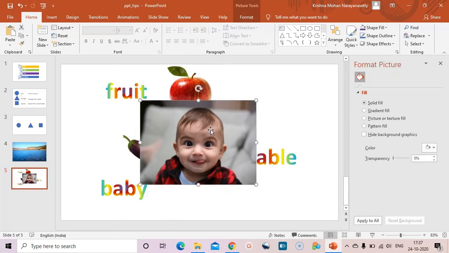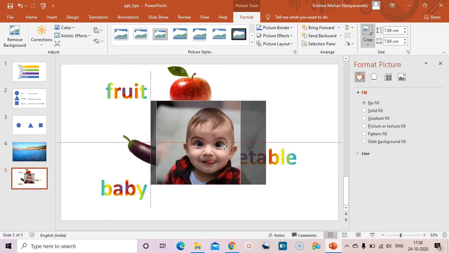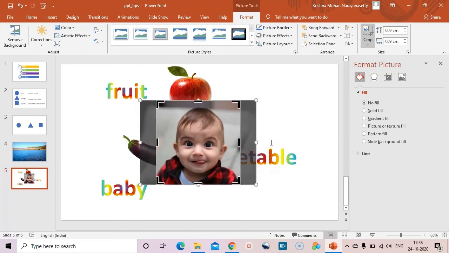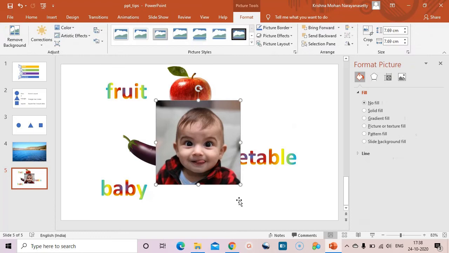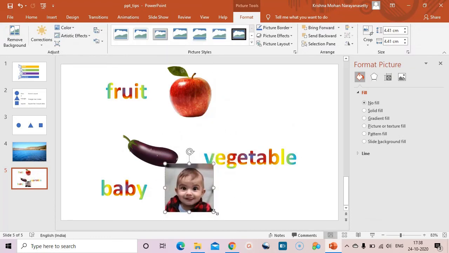Delete. I'm cropping it. Format, Crop, Aspect Ratio 1:1. I'm making it a square. Okay, so we can move like this. Click. I'm making it smaller, making it even smaller.